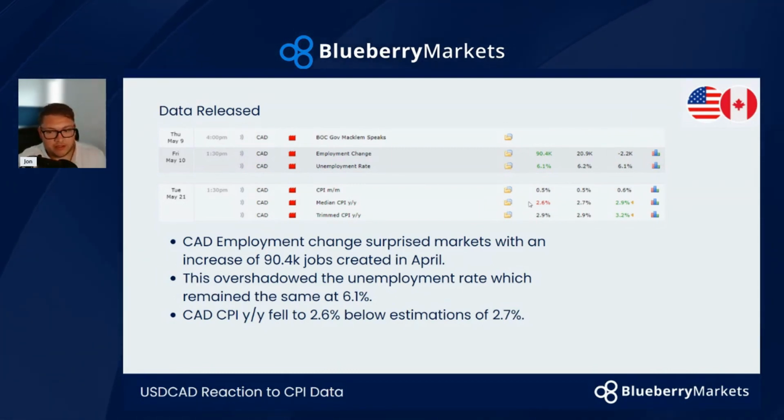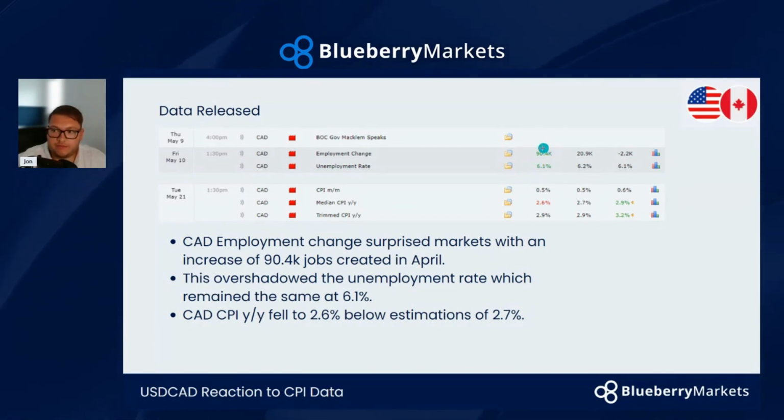So I still feel that the Bank of Canada are going to leave those rates a little bit higher for longer, especially because of this employment data as well. A hotter labour market can obviously lead to more consumer spending, which can obviously add pressure on inflation rates. So that's what's going to be concerning for the Bank of Canada right now. That surprise number there. Whether we get revisions on that next month, we'll have to wait and see. A revision lower could help the Canadian dollar's weakness that we've recently seen.